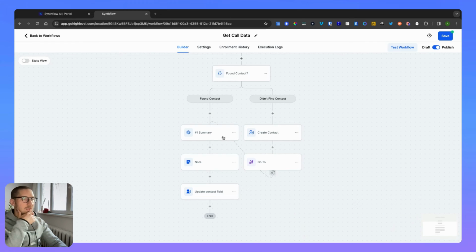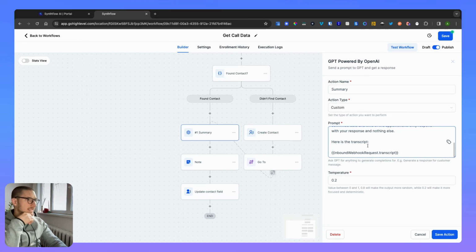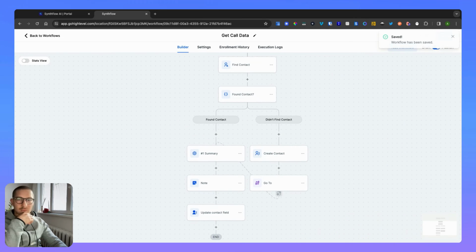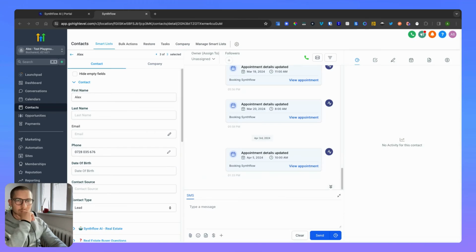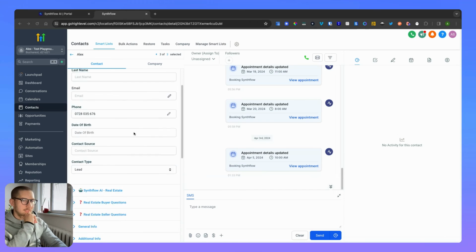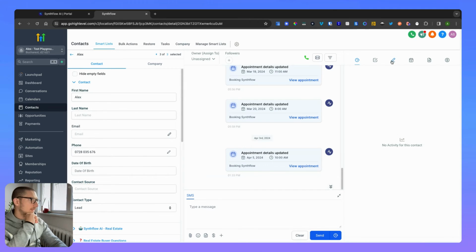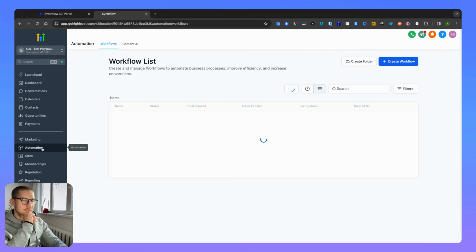I can show you how to extract, for example, use GPT to extract the bed and bathrooms. It's a similar fashion with a summary, but you don't tell the summary, you just ask for this. So this should work. Let's say to give it one more call, but let me quickly check the contact. Okay, so I cleaned up the contact, nothing here, nothing in notes. Forgot to do one more thing into this